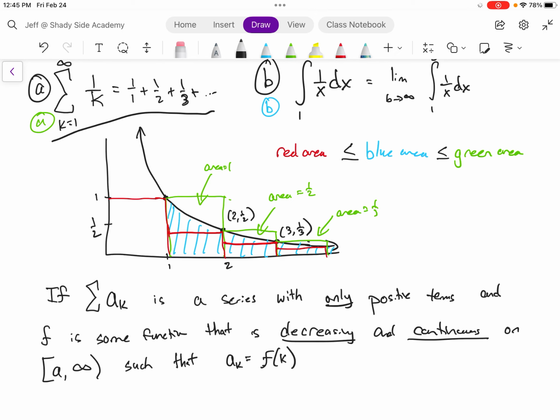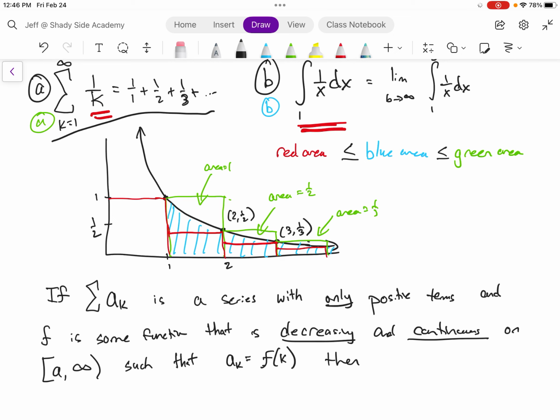This function is defined everywhere. Like we could say what's f of 1.5, but we don't care. All I care is that on all the integer values, my function, 1 over x, this guy here, if k were 4, the fourth term over here is 1 over 4, the fourth term over here is 1 over 4. That's what we're after. The fourth term of both of them is the same. Okay, so if we have a series with only positive terms and f is some function that's decreasing and continuous, such that we have this idea that they're the same everywhere, then